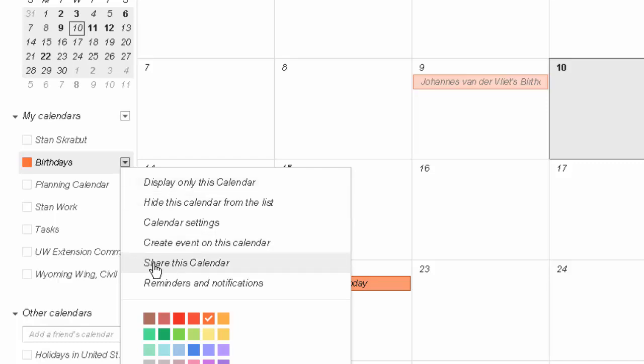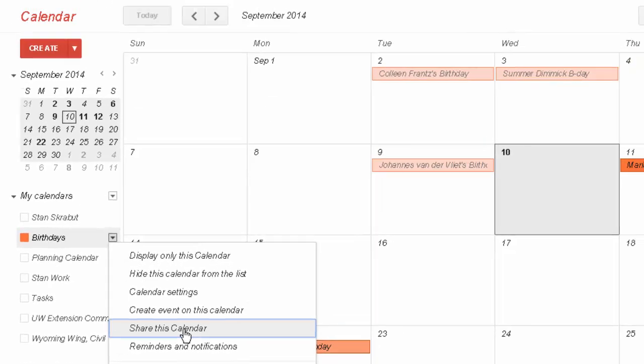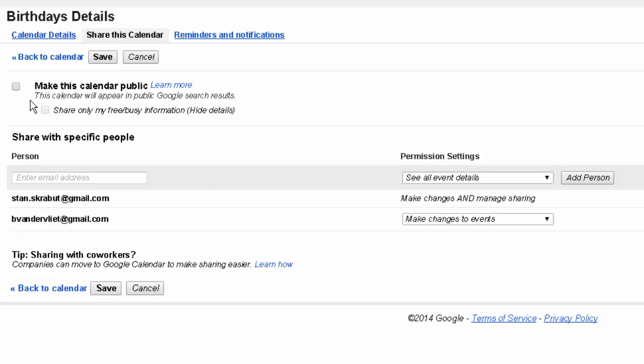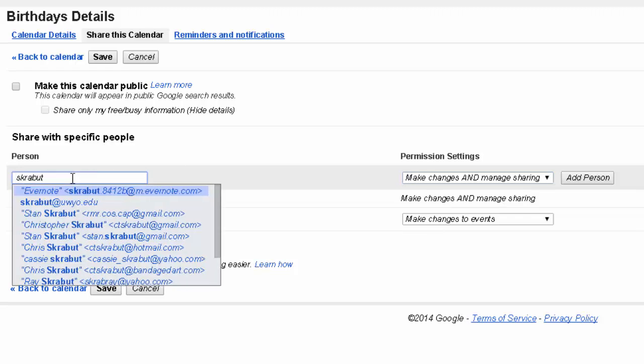There is an option that you can share this calendar. So maybe I don't want this public, so I don't have this calendar public at this time. But what I can do is decide what permission settings I want for the individual I'm going to include, and in this case, make changes and manage sharing, and I'll select that option, and I would simply just put in an email address